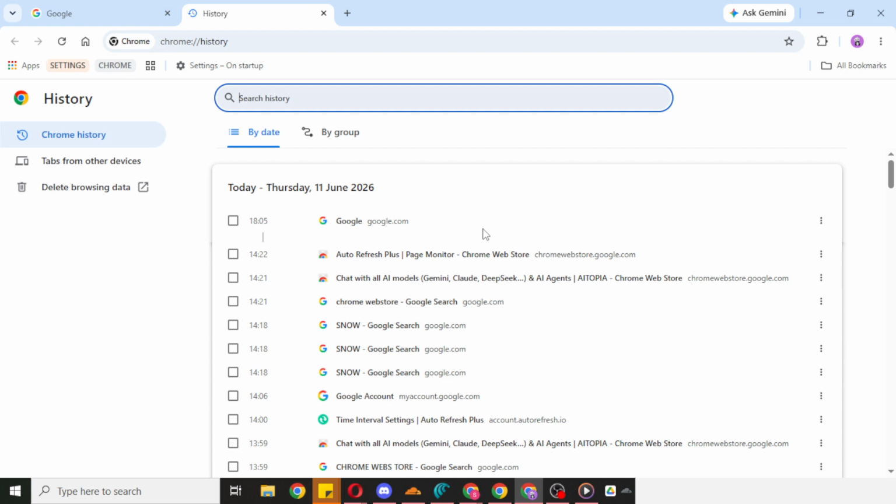Opening Chrome, clicking the three dots, and selecting History will let you quickly view the websites you've visited. It's a very handy tool for finding old pages and managing your